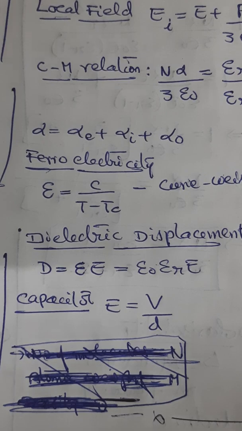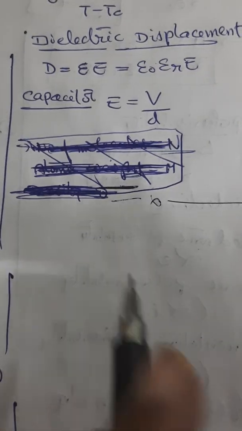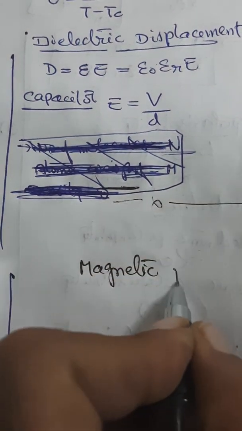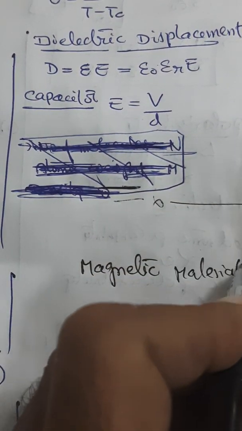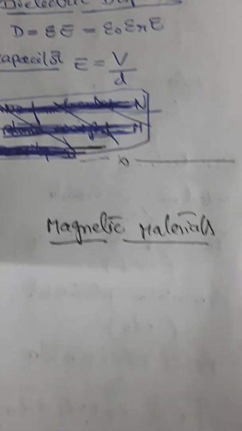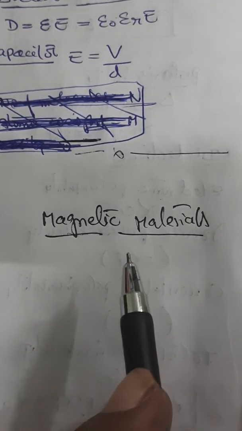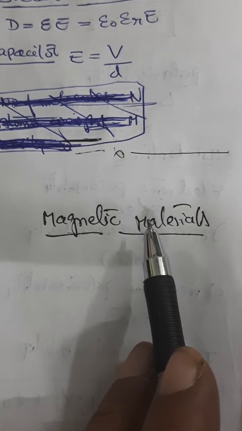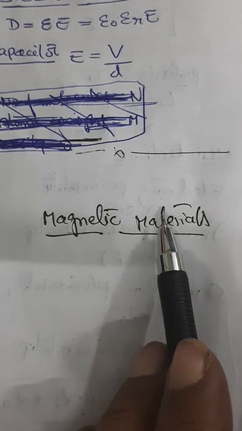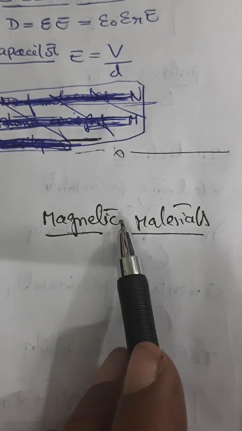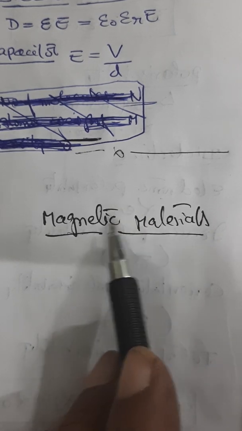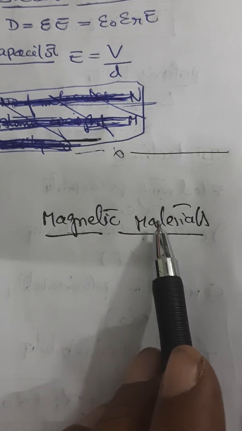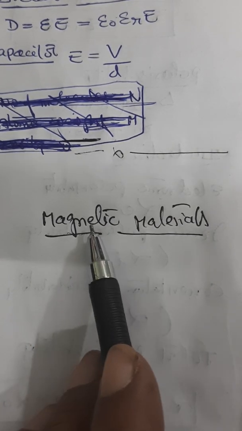Now we shall focus on understanding another concept called magnetic materials. Now, what are these materials? But before understanding what these materials are, let us understand what role they have in general industry and in scientific and engineering applications. These magnetic materials play a very important role in industrial, scientific and research fields along with engineering applications.